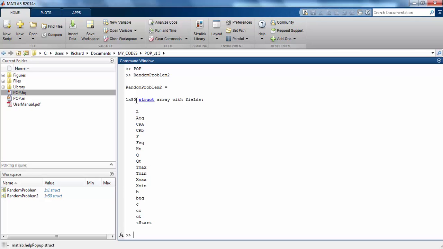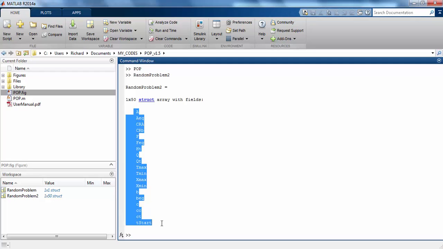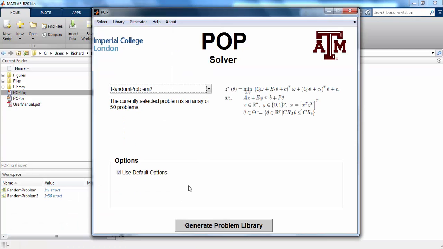This is, as you can see here, an array of 50 variables, and each one of them has all the things necessary to be solved by POP. Now, if we go back to the POP window,